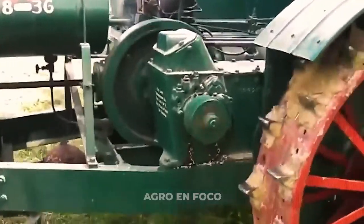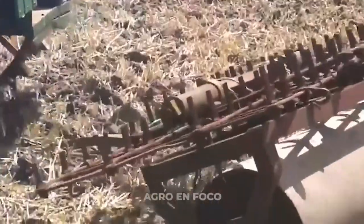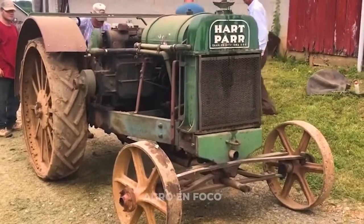Its name, 1836, already said a lot. 18 horsepower at the rear hitch and 36 horsepower at the drive pulley. But what did these numbers really mean for farmers of that time? At the heart of the Hartpar 1836